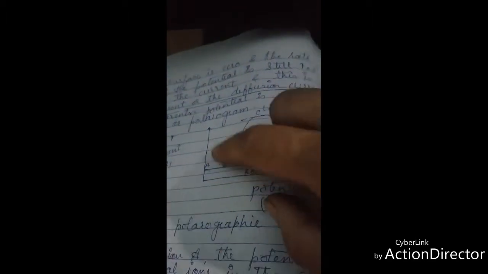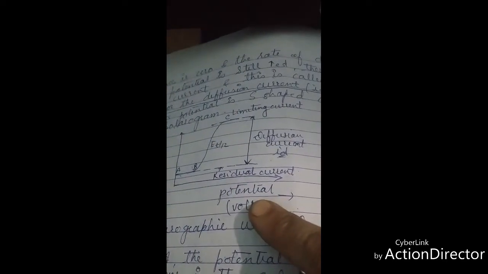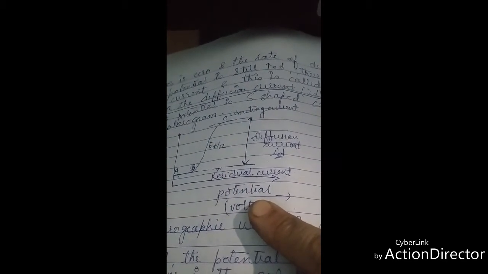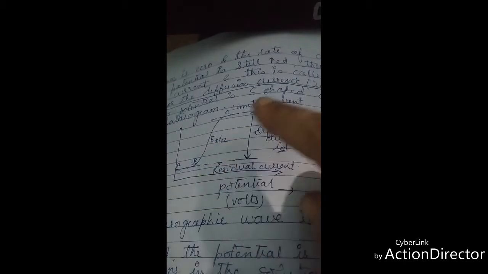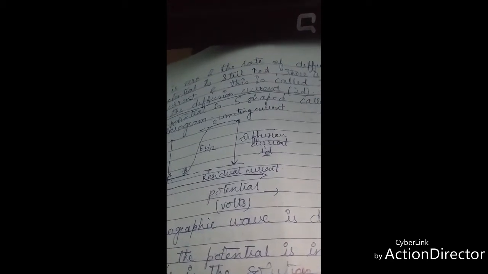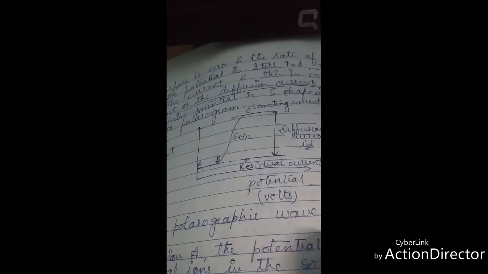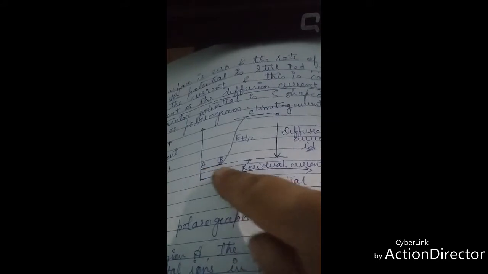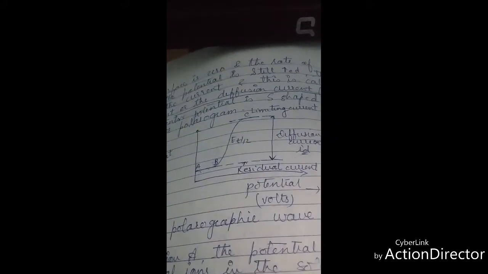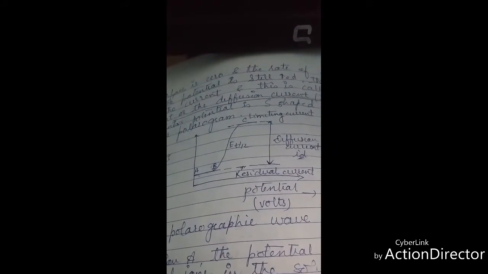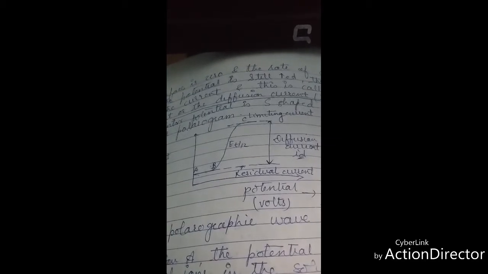So this is the polarograph that is showing you the graph of current against the potential relationship. It has three portions. One is the portion AB, second is BC, and then what is happening at C. So in the region A, the potential is insufficient to reduce the metal ions in the solution, and you can see a flat curve here. Although a small current is flowing, that is what is called the residual current.